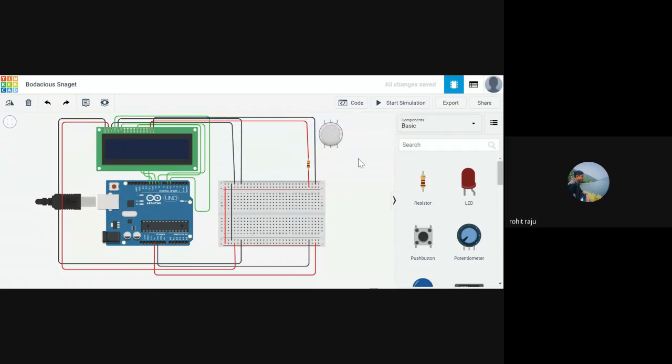Yeah. So we are done with the LCD display. You can do it much more cleanly. So this is power and this is ground. Let us verify one more time. Yeah, this is to power. This black wire to ground. And all the things are set up quite perfectly.